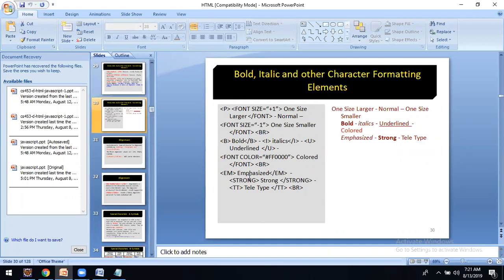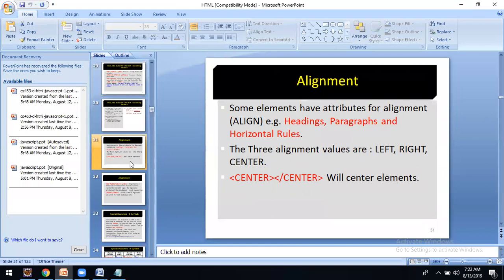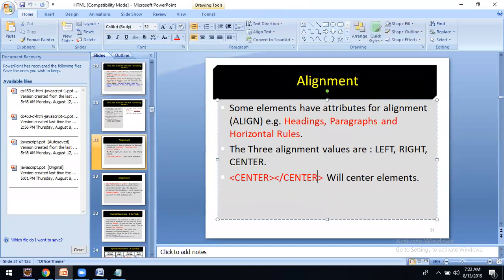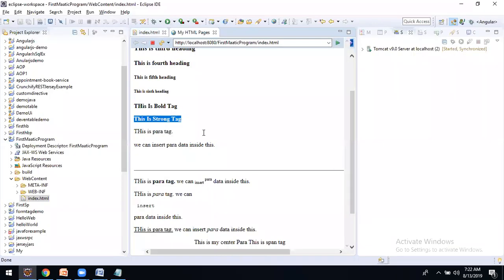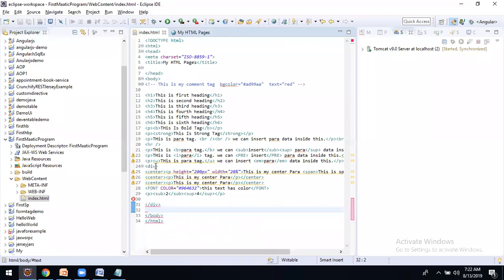See, bold, paragraph, size. We can give font size. We can give font color. Both are possible. Alignment, like as I already told you, we can give center like this, in the center. Align, we can give align equal to a value on a div. Here I am using one div. This is my div, and besides this div I will create one more div here. What is the problem with this div actually? When I give like this,